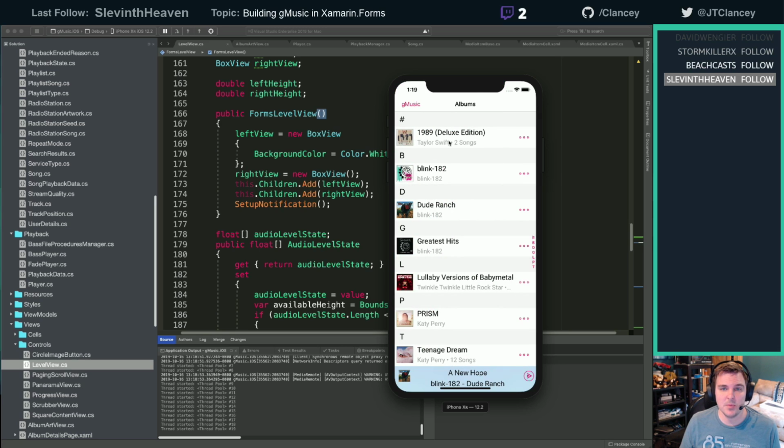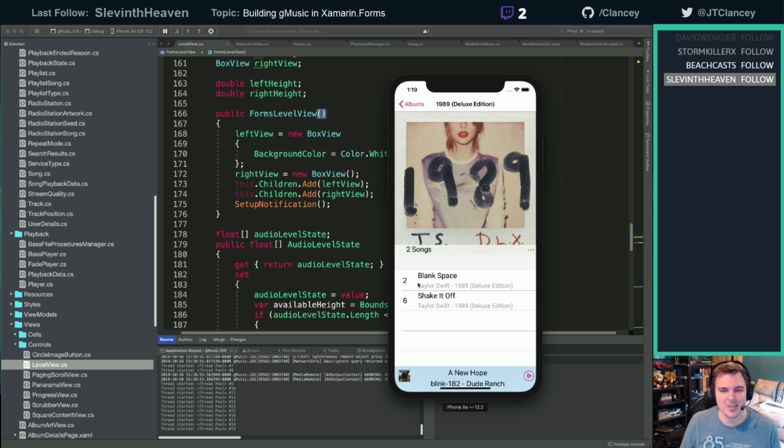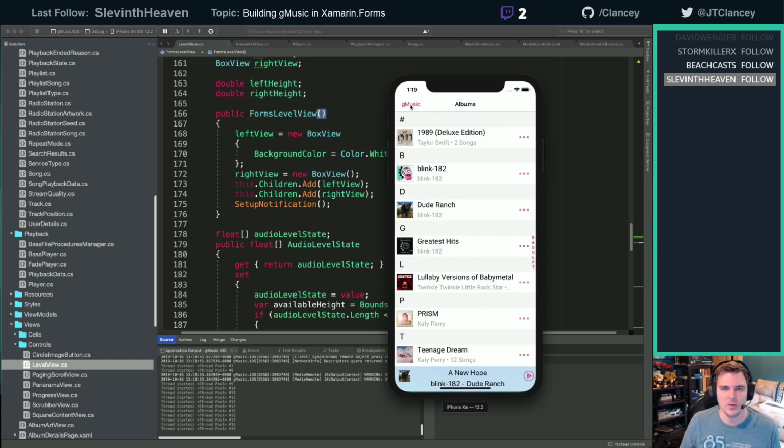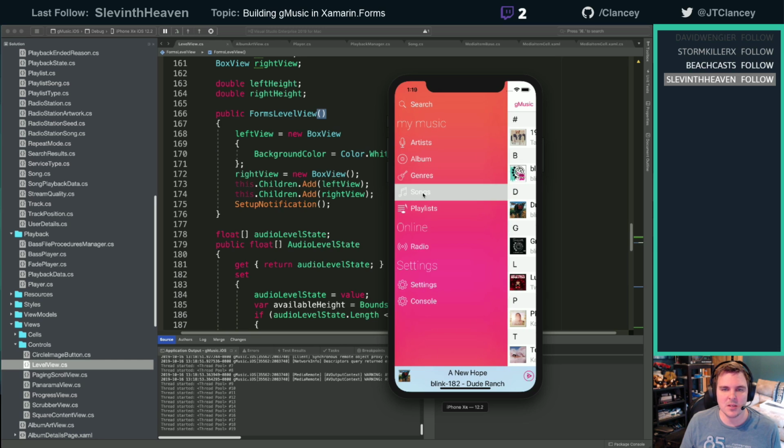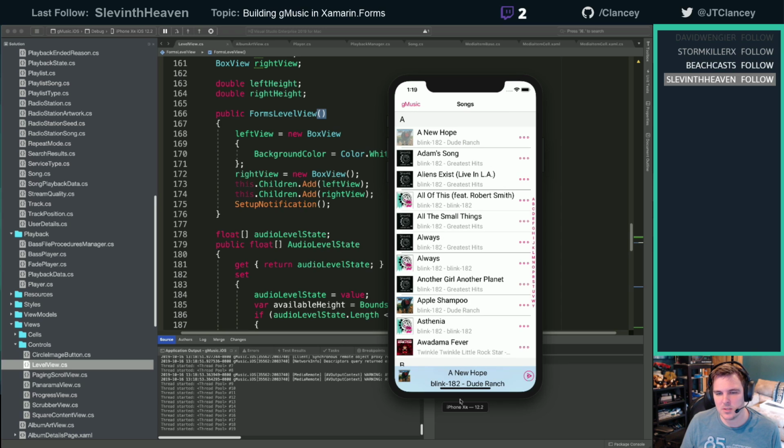So when you go into an album and you tap into it, it looked nice and pretty. I remember working on that. And then also, you'll notice that this song, since it's the currently playing song, is grayed out to let you know. But more than that, if I press play, you can actually see some little lines bouncing around. And those lines, if you were watching last time, actually are right with the audio. It's the left and right audio channel, what the volume is.